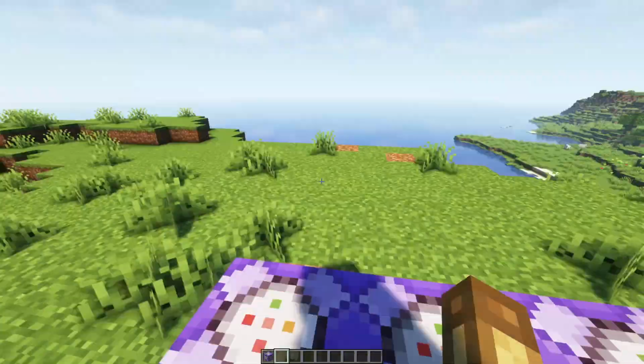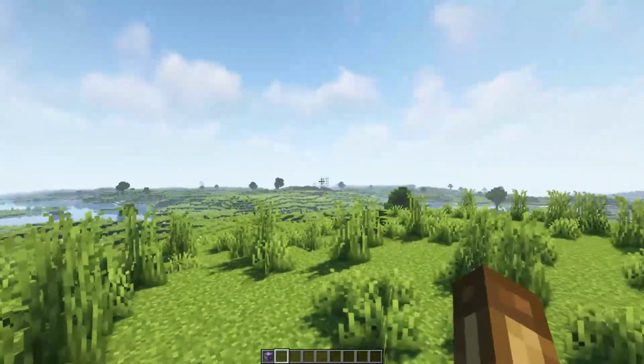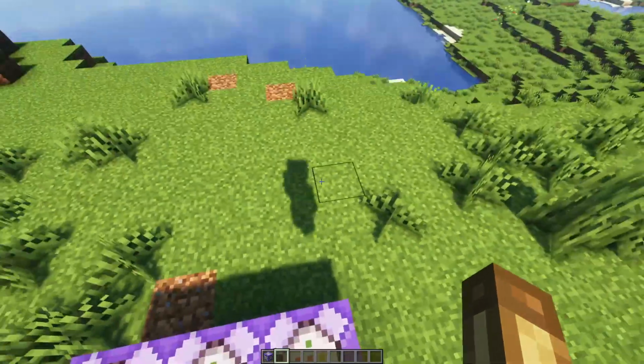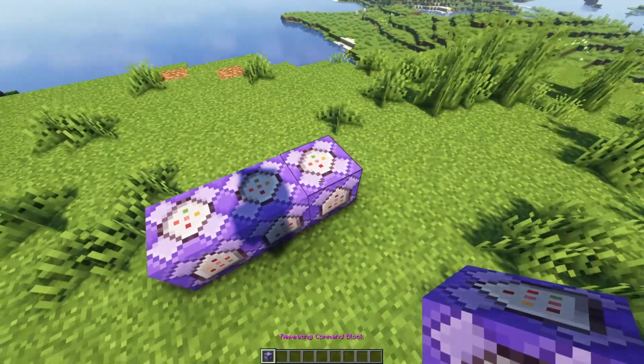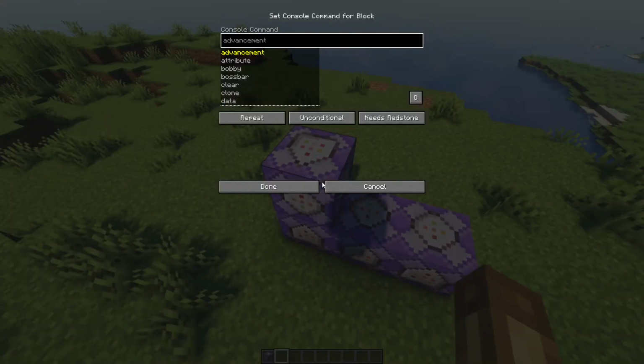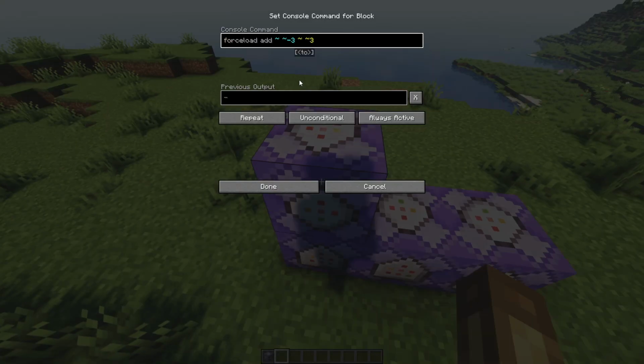Once these blocks hit the edge of our render distance, they will no longer be loaded, and this causes a problem, because it allows the person who is trapped inside the prison to set all the blocks to air and escape the prison. So to solve this, we're going to create another command block that will constantly create force loaded chunks. This will allow the command blocks to be loaded at all times, and it will be able to extend infinitely